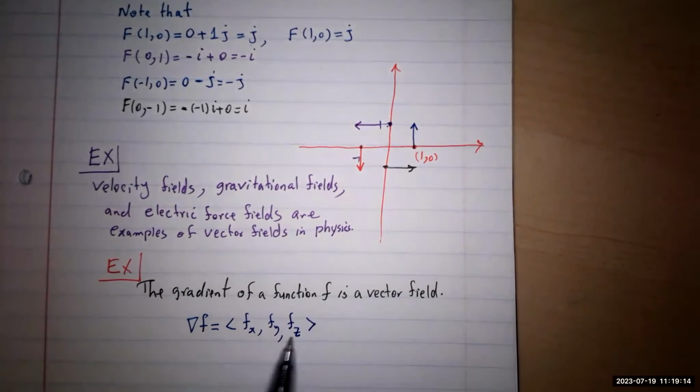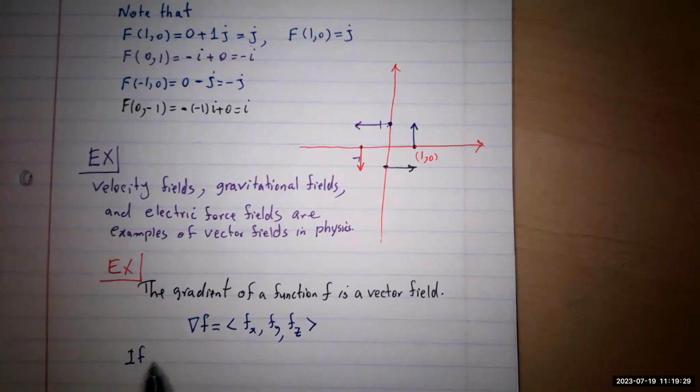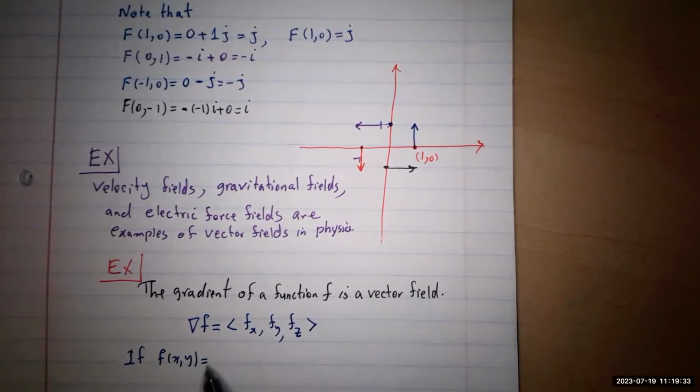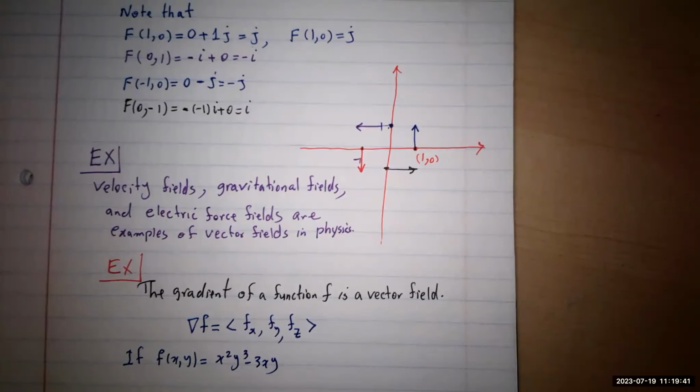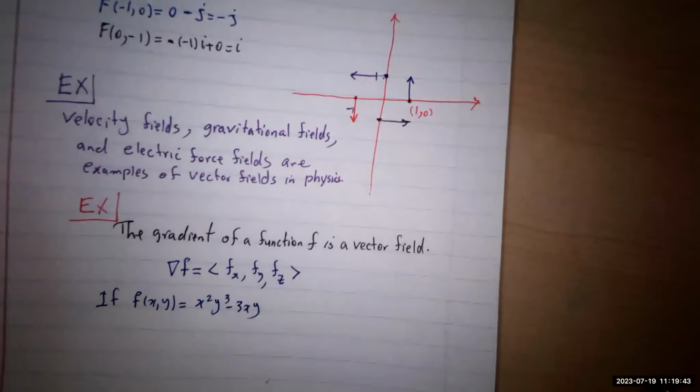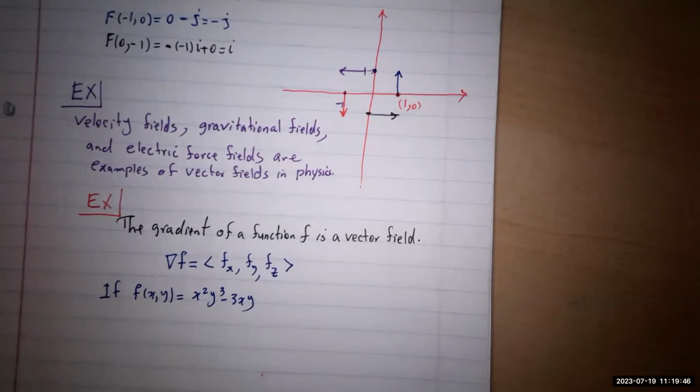You see, this is a function, and the range of this function is a vector. You have the vector here, and these are going to be those component vectors that you are going to be interested in. Okay, so for example, it depends on the function. For example, if your function is going to be f of x comma y, you give me this function as x squared y cubed minus 3xy. If you give me this one, I can make a vector field for myself or for you. Okay, so